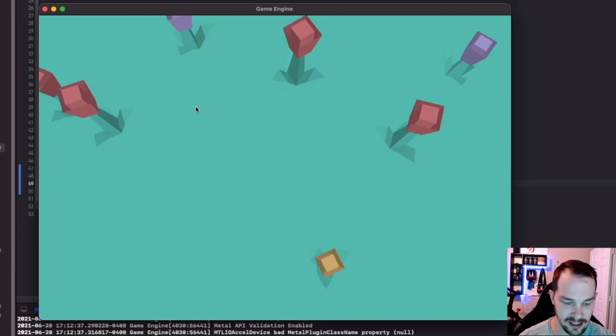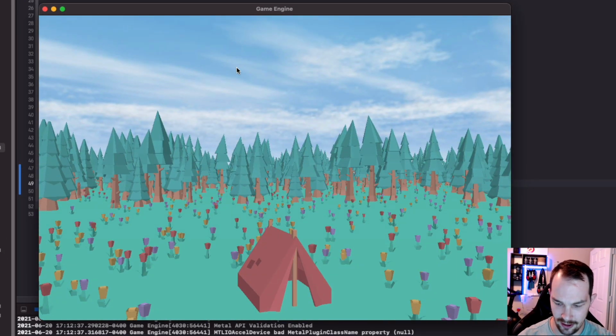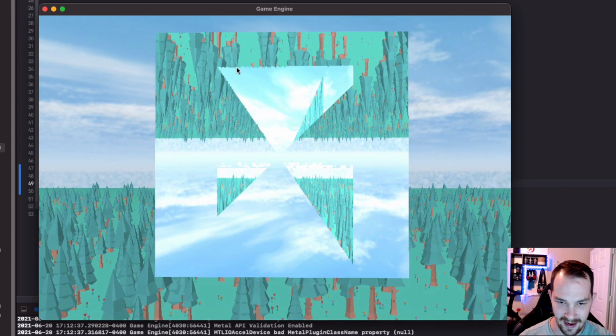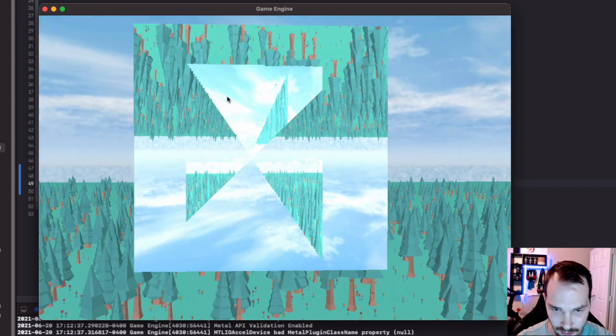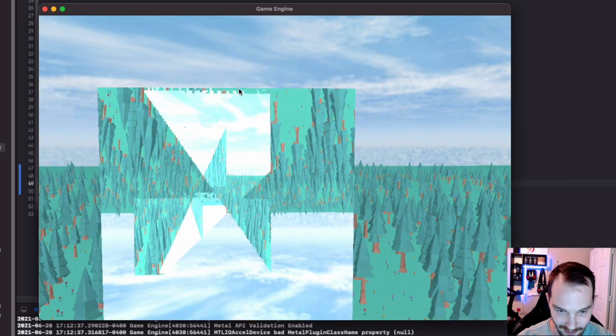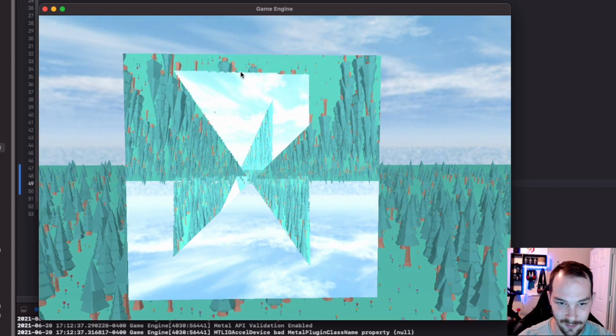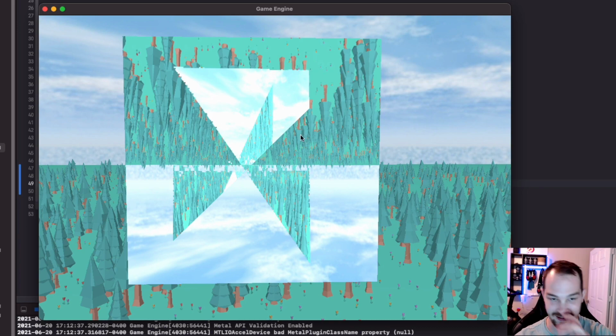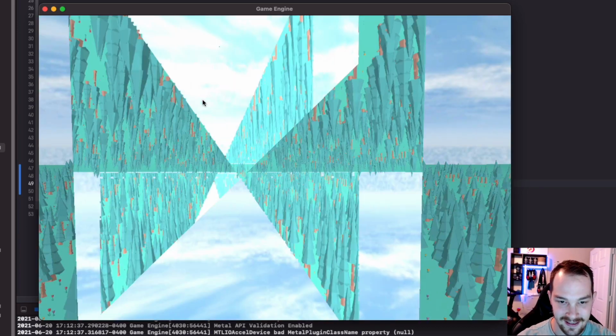Yep, there it is. Let's go up to it real quick. So I need to go here and then press up. And look at that. And we get some weird artifacts, but that's okay. We can fix those. It probably has to do with the depth buffer. When we do this render, we shouldn't be using the depth buffer for that texture, but